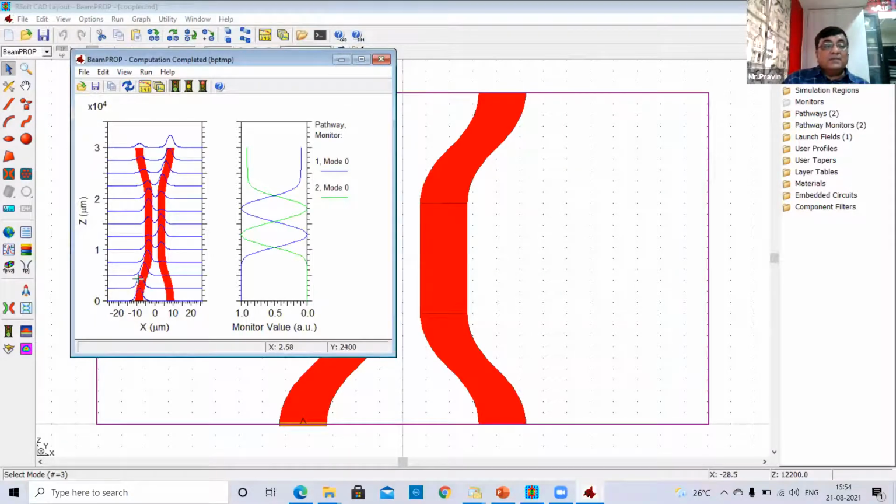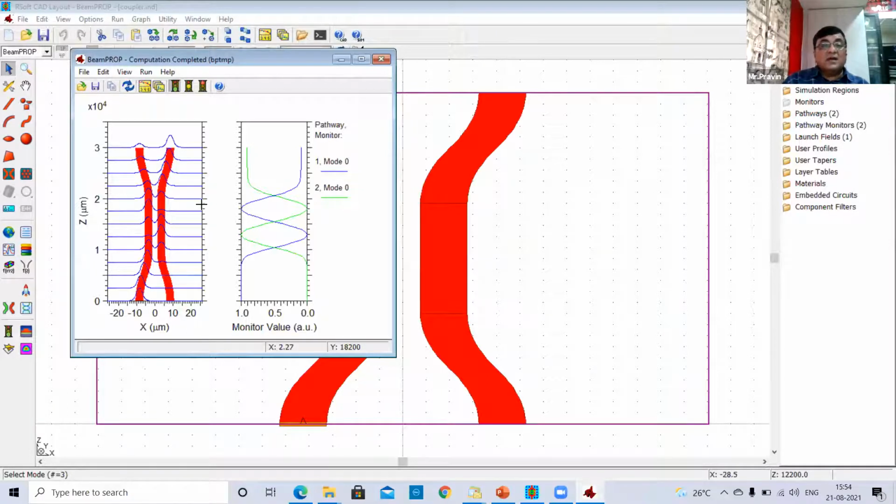As you can see, the beam enters here and then it divides, and a majority of the beam travels into the second arm. So it's like a 10-90 kind of ratio for this coupler.